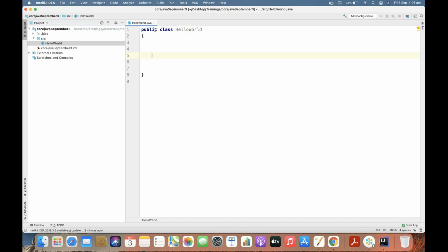Public is one of the access modifiers. Some of the things will be high level initially because we don't discuss everything on the same day. Gradually we'll cover all the topics which are required to start working with Selenium. So at a high level, here I just created a new Java program. Public is the access modifier, class is a keyword which we use to declare any class in Java.